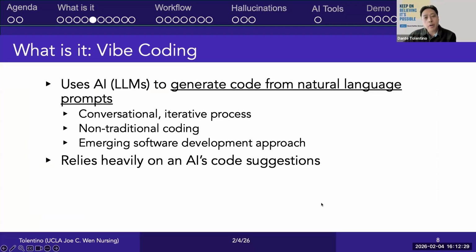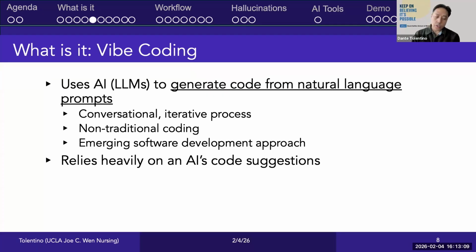And so vibe coding really is just using large language models to code from natural language prompts. That's it. It's like using ChatGPT, very conversational and definitely an iterative process, but it does not involve a lot of traditional coding. You will still need to know how to read the code, but it's a paradigm shift where you are focusing more on guiding the output of the AI based on the prompts that you are using, compared to what we traditionally do now, where you have to write each line when you are coding.